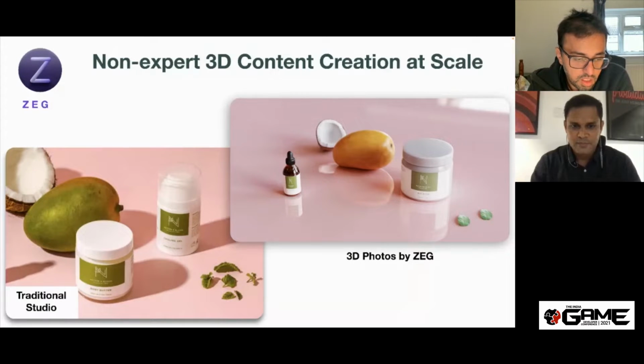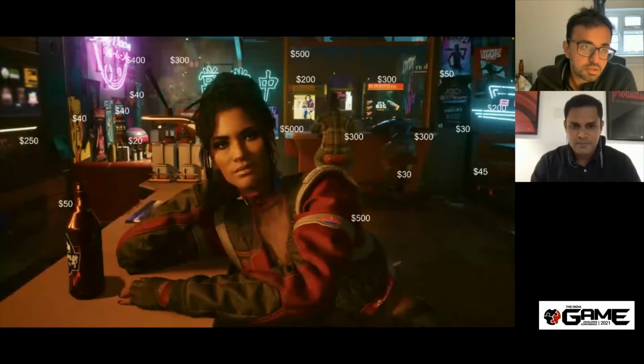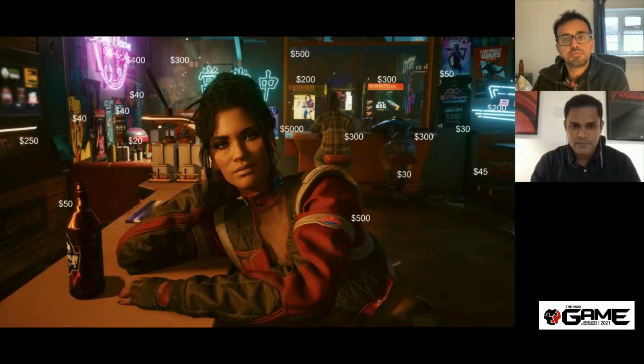So what we have created is a 3D virtual platform where you can build 3D models very easily. Even you and I can build 3D models, which I will show you in a bit. Before that, why do we want to do that? If you look at any game scene, say cyberpunk in this case, and if I had to attach a dollar value to each of the 3D models that you're seeing right now on the screen, you would find that the costs of AAA games escalate very quickly,